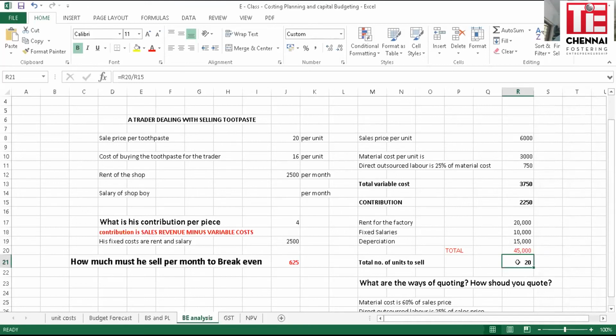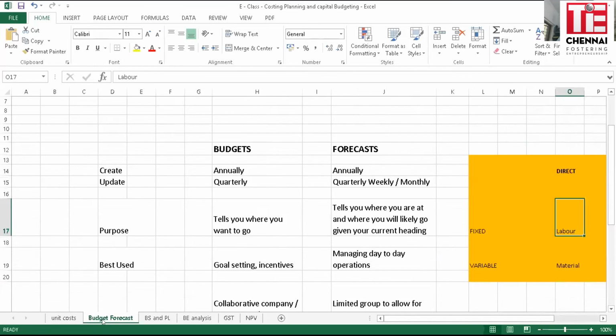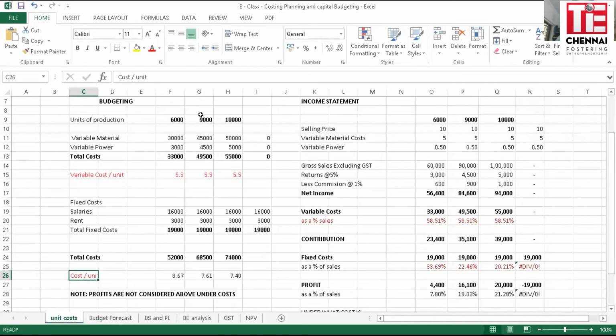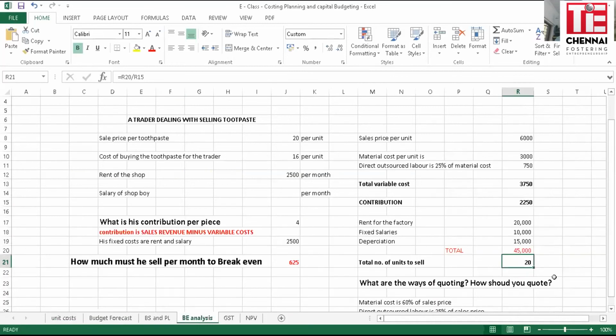Then, remember what I showed you there? When we did unit costs, you can't sell 9,000, you can sell only 6,000, then your unit cost is actually 8.67. And you have to bring that up, increase it to maybe 8,000. Let us see, if you make it 8,000, yes, you have to sell only 11. That's all you can sell. Yes, sometimes in the market you can't get 8,000, but that's business, you have to play.